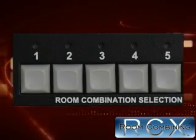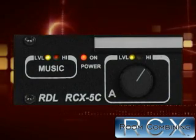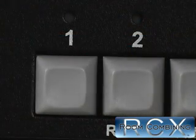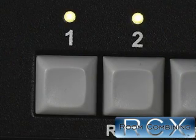Now, since all the programming software required to set up the system is built in, no computer is required and setup is a snap. The controller comes pre-programmed for a 2-room system. To add a 3rd, 4th, or 5th room, all it takes is a few simple key combinations during power-up to